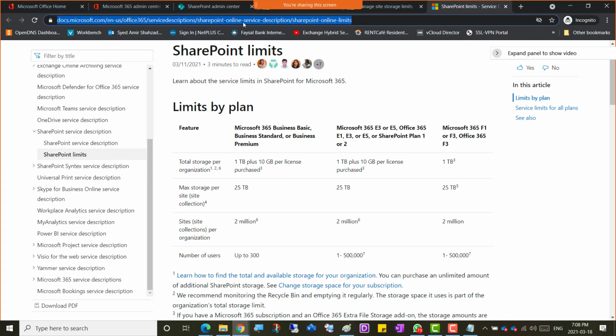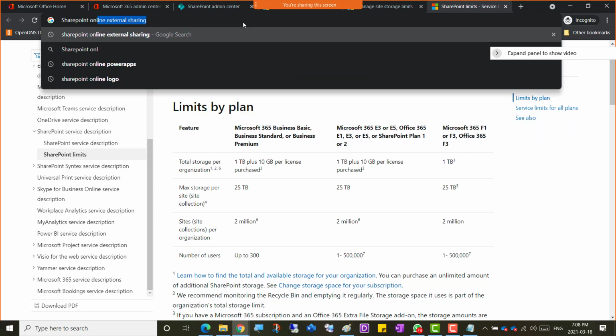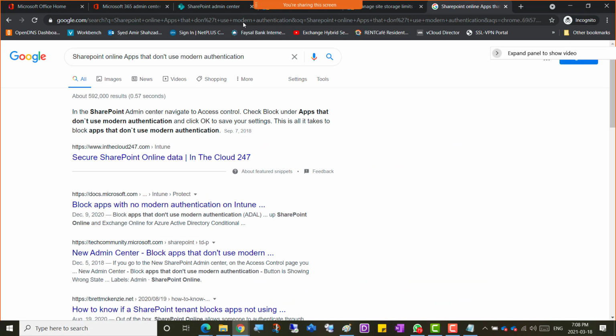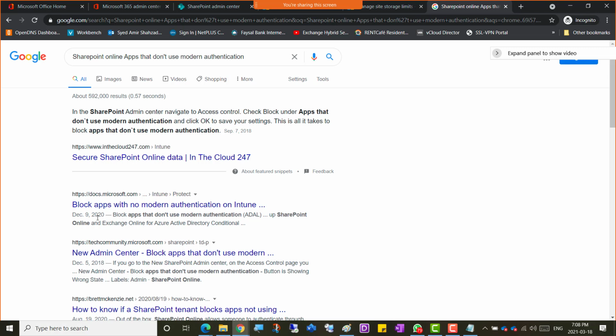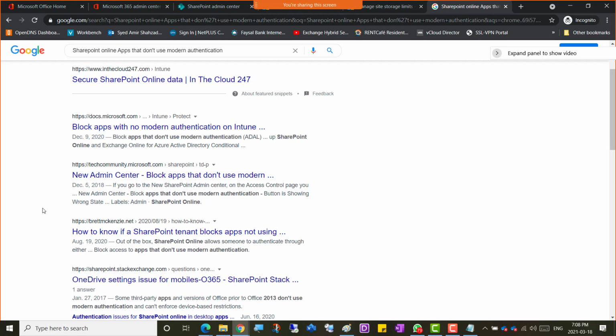So if I go for SharePoint Online and put that, so block apps with no modern authentication on Intune, new admin center, so secure SharePoint Online data. These are some of the settings there. In Intune, obviously that's a very common setting for older devices with older protocols. Suppose you have